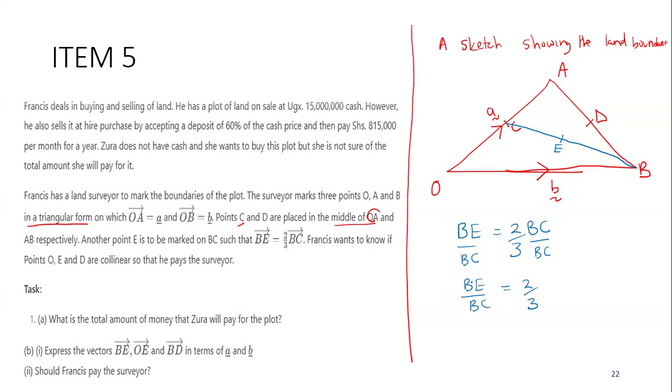Now this in a ratio form means that BE to BC will equal 2 to 3. Meaning that from B to E, you have 2 parts. Then from B to C, you have 3 parts. That means that the whole of this blue line I've drawn has 3 parts. So you need to know, from here, this is where I have my C. From C to E, how many parts shall we have?